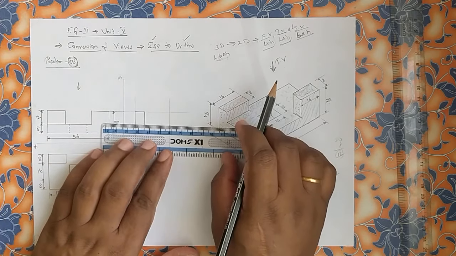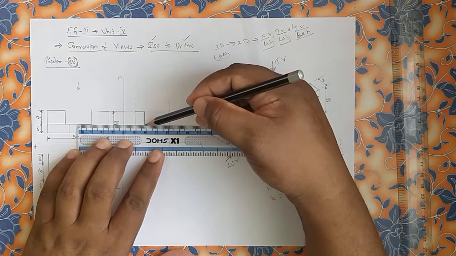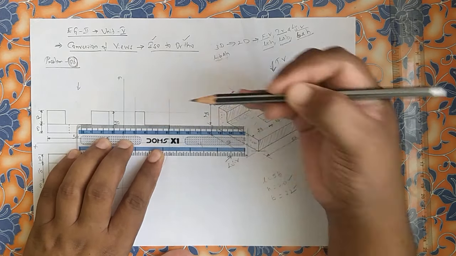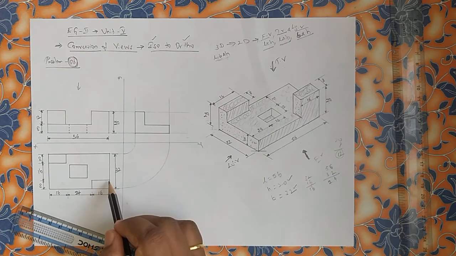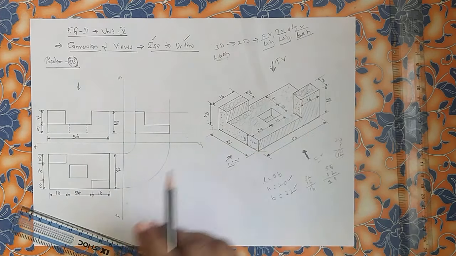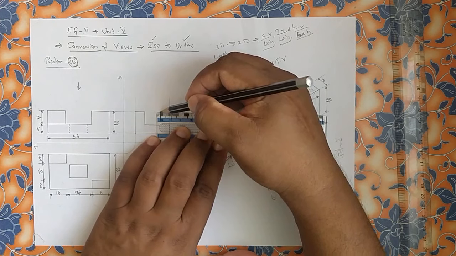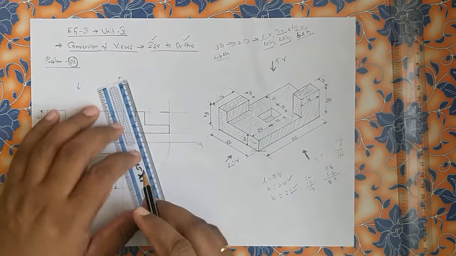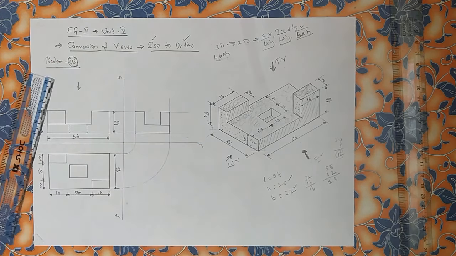Now try to balance these two things. See here, this 8 mm can be all be aligned. See this one, all are in the same straight line. This L shape. Now remaining is this one. This also can be drawn by drawing projector here, turning the arc, taking the height and doing this. But you can see this only 8 mm length. Now I am taking 8 mm directly here on the box up to the corner. See, just thick lines. Now this height, this L shape is fully completed.